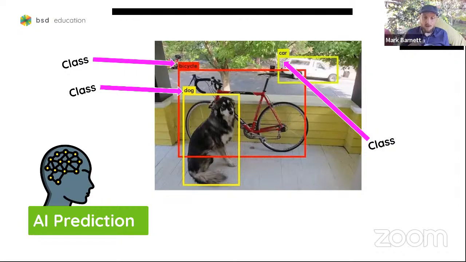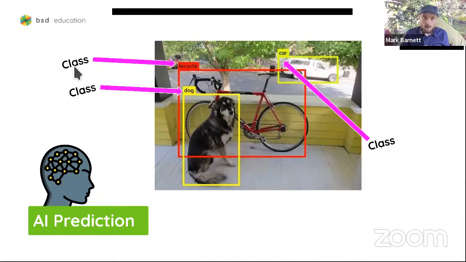So in order for the AI to be really good at recognizing these things, we have to teach it a classification. In artificial intelligence, we call each item a class because no one item is exactly the same. So if an AI sees an image of that dog, it may never see that particular dog again, but it might see another dog like it, or it might see that dog in a different pose, or with its mouth open and its tail up. So it has to start to create a class, and that class is called dog. And then here are the millions of different kinds of dogs there are.